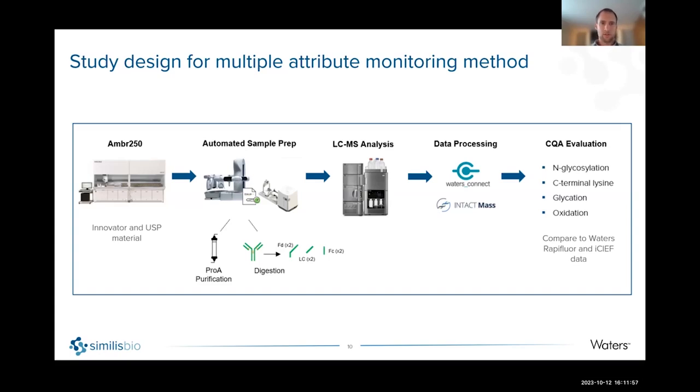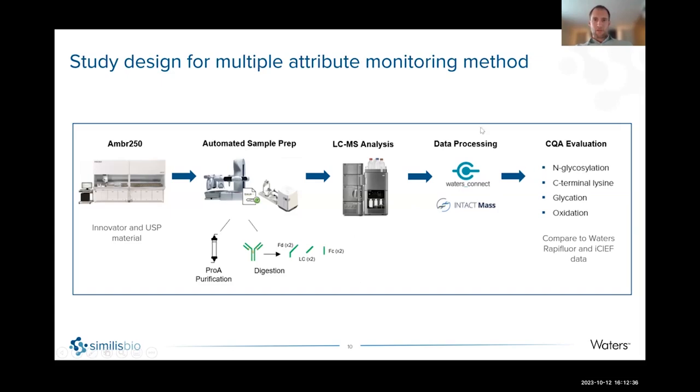That was clarified cell harvest. So the sample prep needed to be automated in order to do a Pro-A purification so that we could analyze this by the LC method. The antibodies were digested by Fabricator or IdeS and reduced to get them into the Fc light chain, and then Fd, which is the Fab domain of the heavy chain. Those were loaded, run by reverse phase method, and analyzed on the BioAccord system.